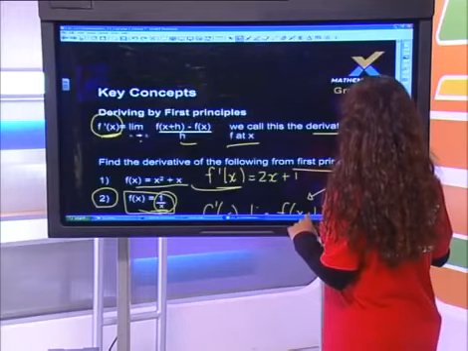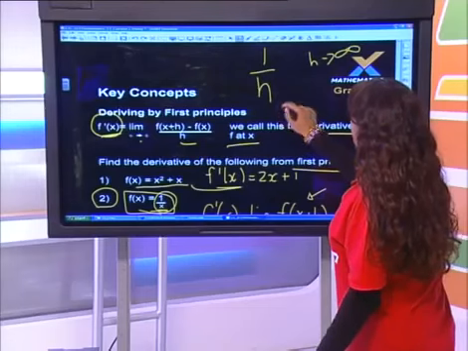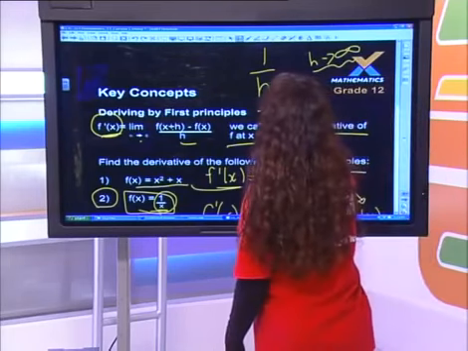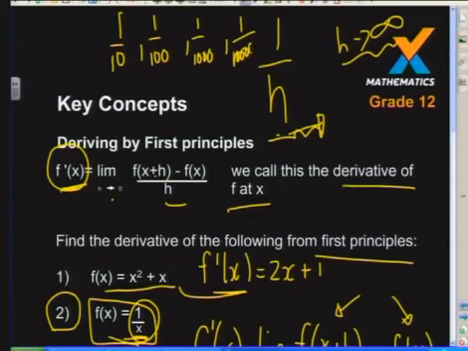But say you were looking at something like this. Say you had, for example, 1 over h, and that's what you ended up with, and h was approaching infinity. That's what I'm saying, it depends on the question. So if you ended up with 1 over h after you did your average gradient, now think about this: if h is approaching infinity, that means your denominator is getting really, really big. Look at this: if I have 1 over 10, 1 over 100, 1 over 1,000, and then maybe 1 over 1,000,000, these values are going to get closer and closer